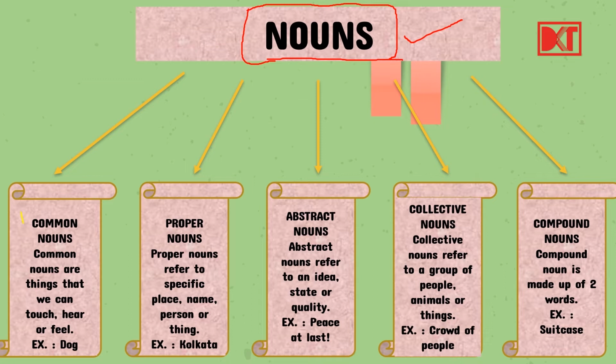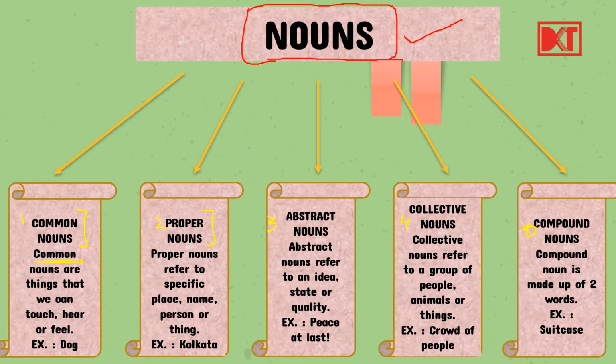First is the common nouns. Second is the proper nouns. Third is the abstract nouns. Fourth is the collective nouns. And fifth, the compound nouns. Alright, so now you see, we started off with our very first picture, the scenery of the park, wherein we explained about various common things that we could see. The general things we were talking about, for example, books, and for example, fruits.